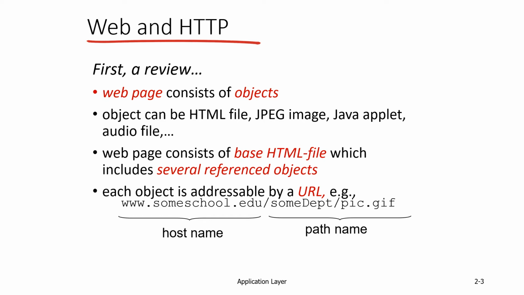You can try experimenting with it. You can go onto the CS department website or the FAST School of Computing website, and you will see that there are multiple different images over there. If you hover over a particular image or right click on it and save it, you will be able to see the actual name of the picture, by which name it has been saved in the directory structure. If later on you type in that particular name, appended properly after the host name, you should be able to see only that particular file in the web browser. So each of the objects embedded inside the web page is directly addressable.